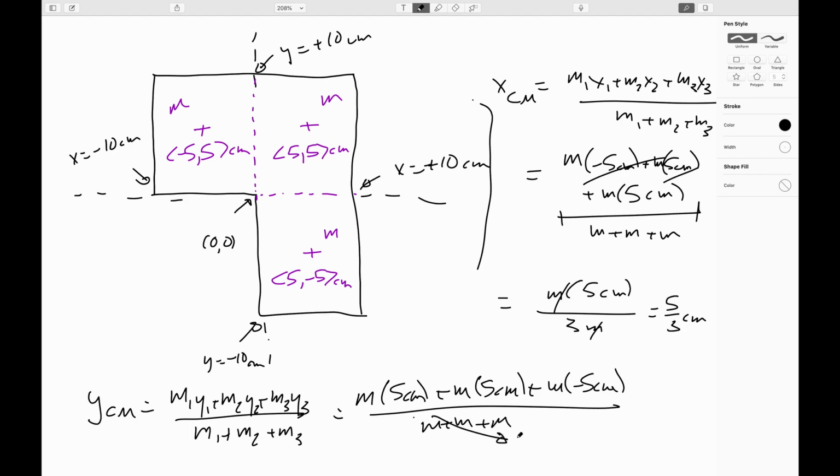Well, that all becomes 3m. These cancel, cancel, cancel, and sure enough, 5/3 centimeters. So it turns out that the center of mass of this system is located at 5/3, 5/3 centimeters, and somewhere